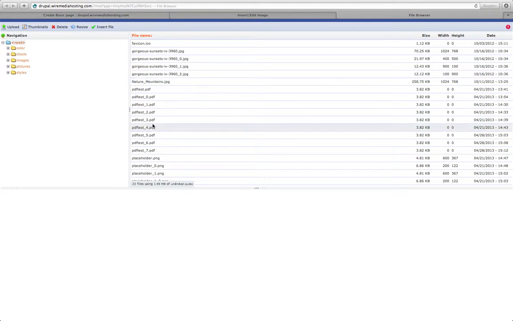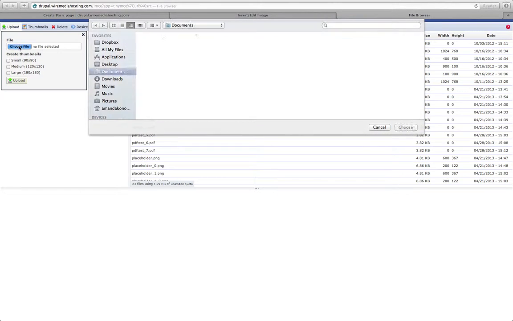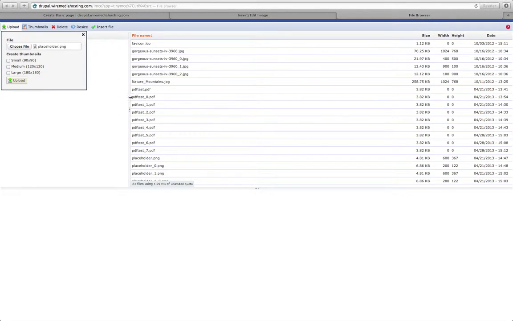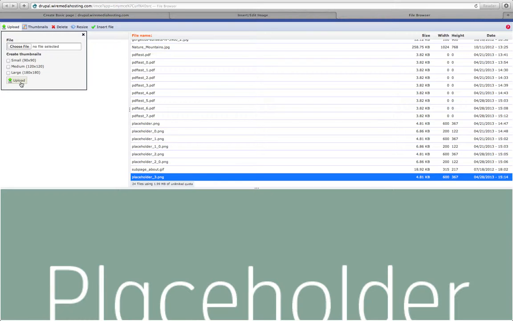And if you don't see your image that you'd like to add in this list of files, you can upload a new image from your computer by clicking Upload and choose File. Find the image on your computer and click Upload. Once you've uploaded and found your image in the list of uploaded files and it's highlighted, you can resize it